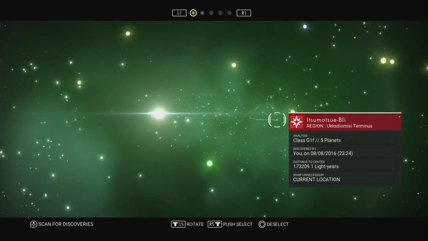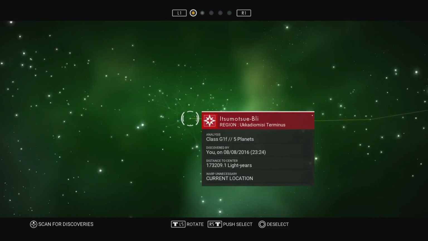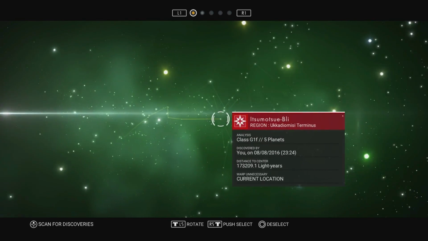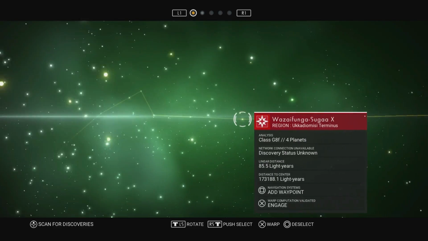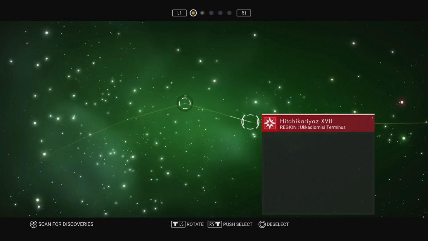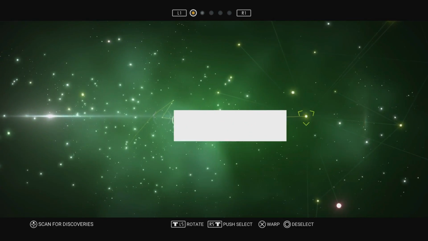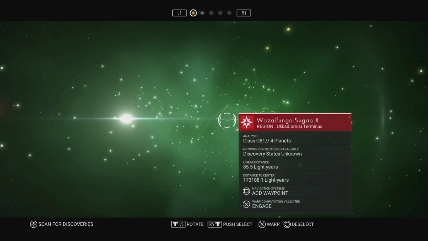Okay, left stick rotates. Is the big star the center of the galaxy? Oh, is this what Atlas does for me? It looks like it's literally just mapping, like, this is the path to take to the center of the galaxy. I bet that's what's going on. Can I not...